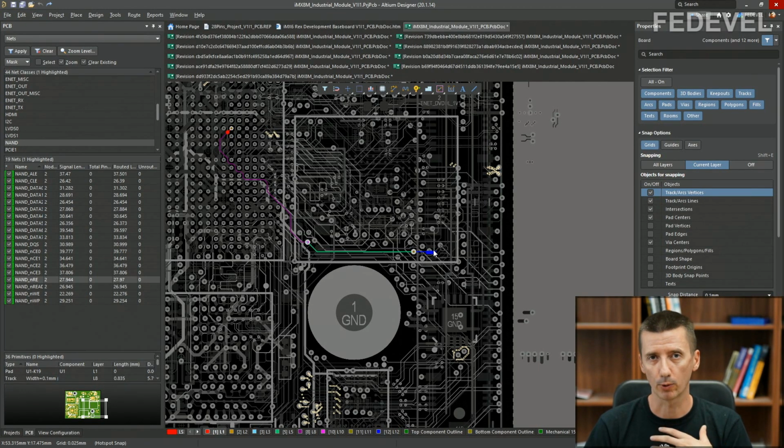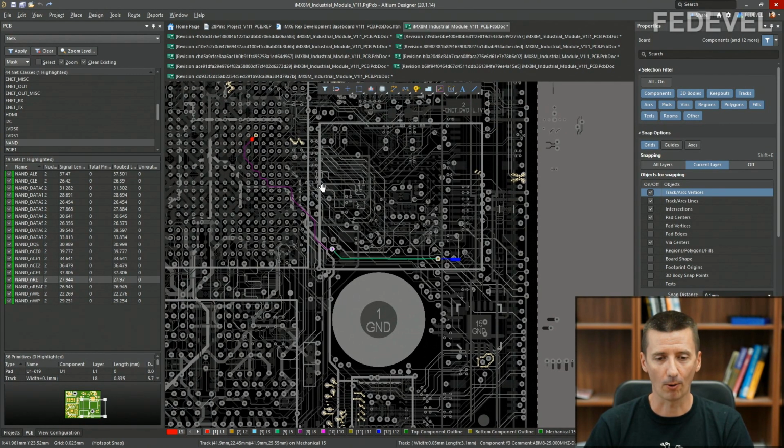So the best we can do is make the length of these signals on this interface the same or very similar. And routing every signal on different layers, or many signals on many different layers, is not the best way to achieve proper length matching of these signals. So this still needs to be improved.